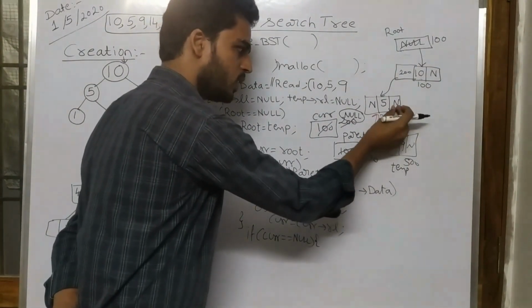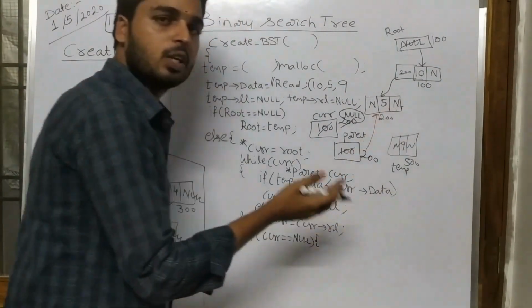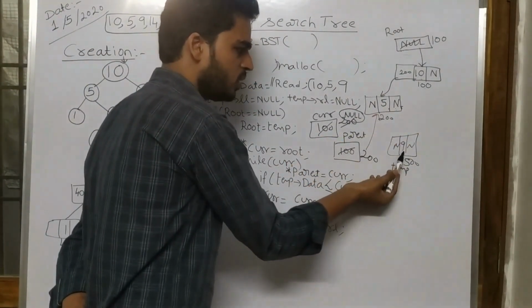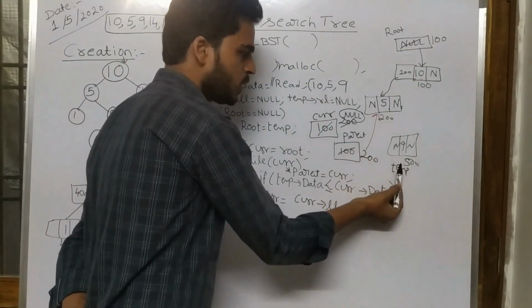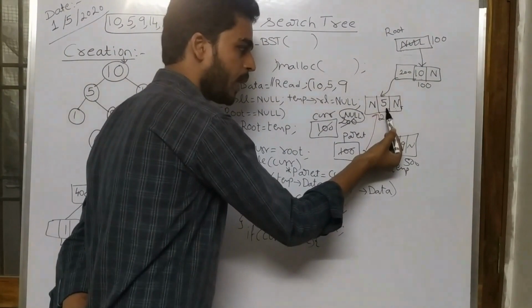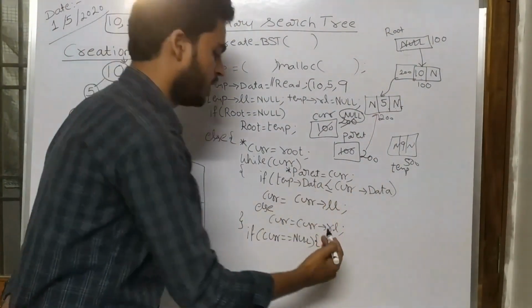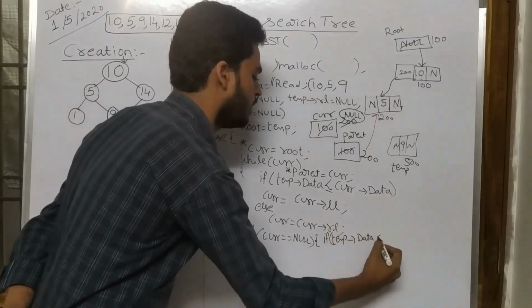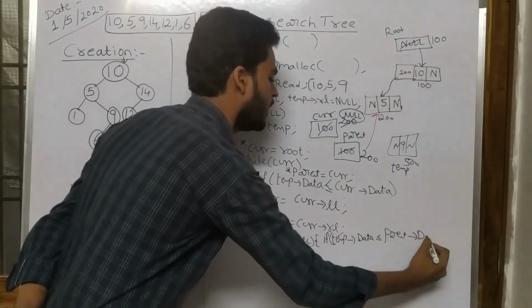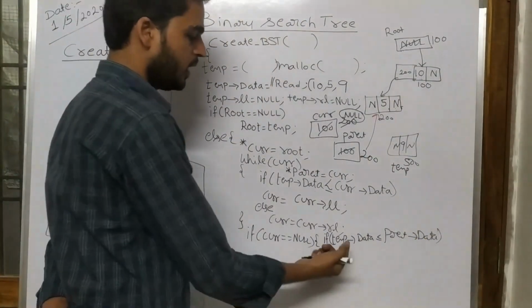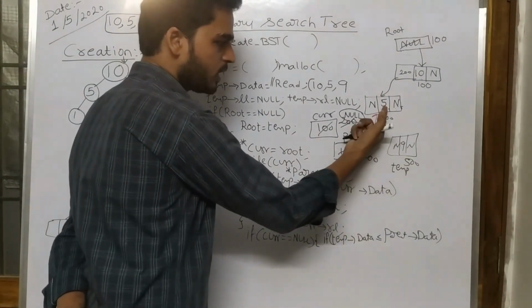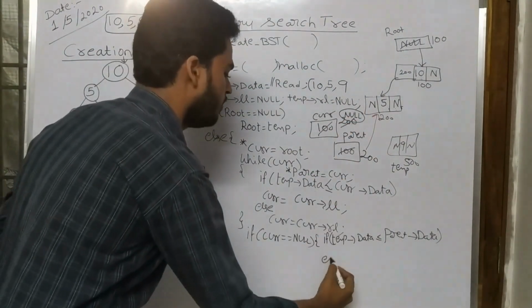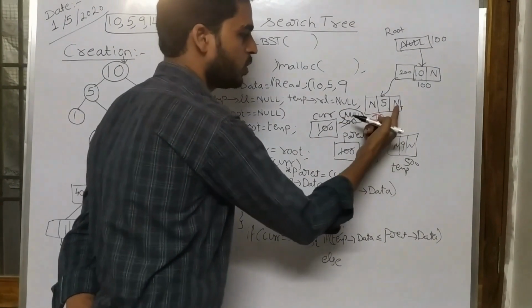If you want to add this data to this one, in which side you need to add it, the left side or the right side? That depends upon the existing values. So for that, what you need to check? You need to check once again: if temp tends to data is less than or equal to parent tends to data. I think you understood, right? See, I am writing: if temp tends to data is less than or equal to parent tends to data, where I need to insert? I need to insert to the left side. If it is not, where I need to insert? I need to make this insertion to the right side of this one.